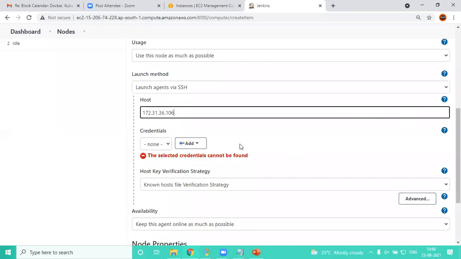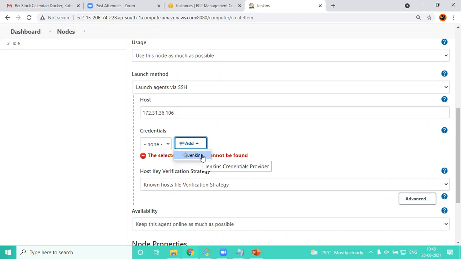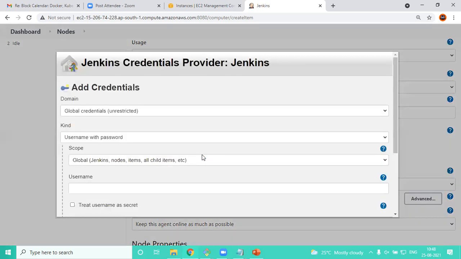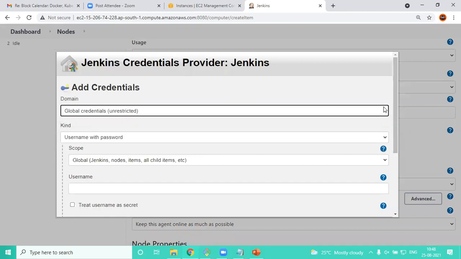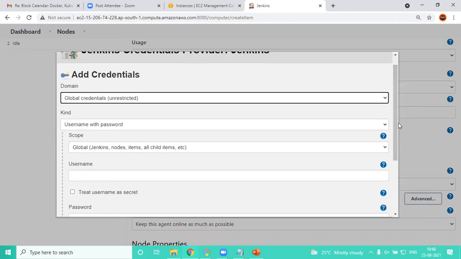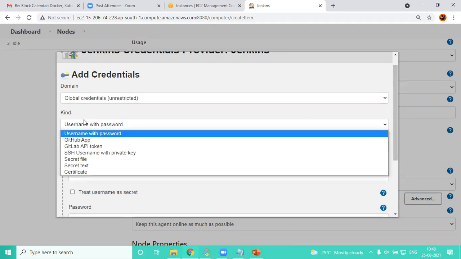So here, what you do is, let's go back to master now. Now go back to Jenkins, and in Jenkins you should see this add. Click on this and click on Jenkins. Now over here, it will give you different types of options that you want to use to connect. In the kind, enable this and try to give